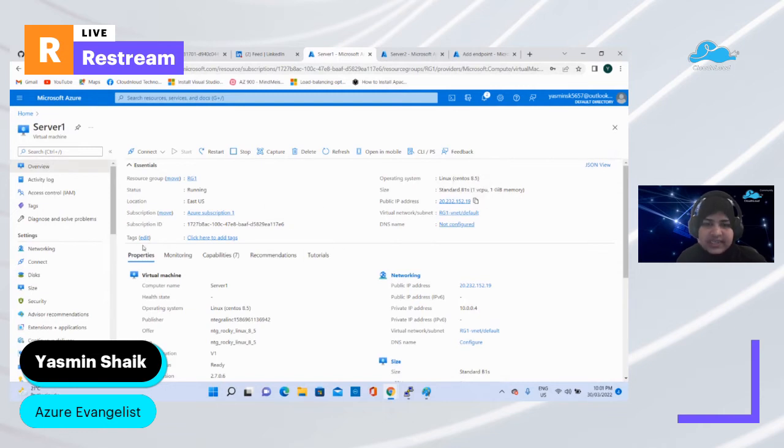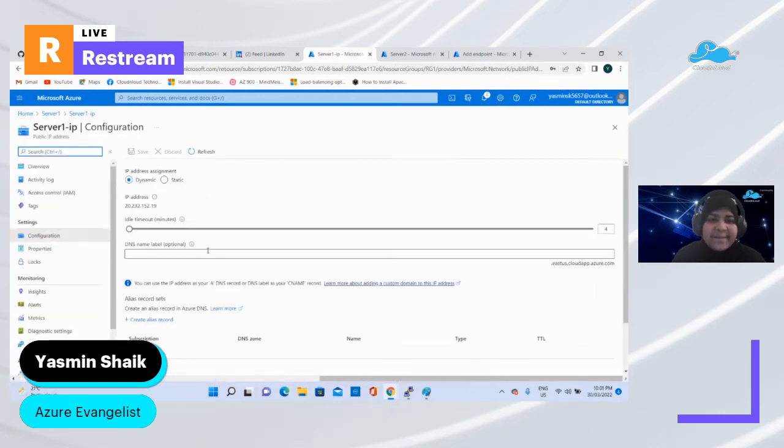If you remember, we have not set up any DNS here, right? So this is server 1. If you go to the overview tab, you will have an option called DNS name, which is not configured here. If you click on that, you can choose any name. Let's say I'm going to give it as server 1, and save.